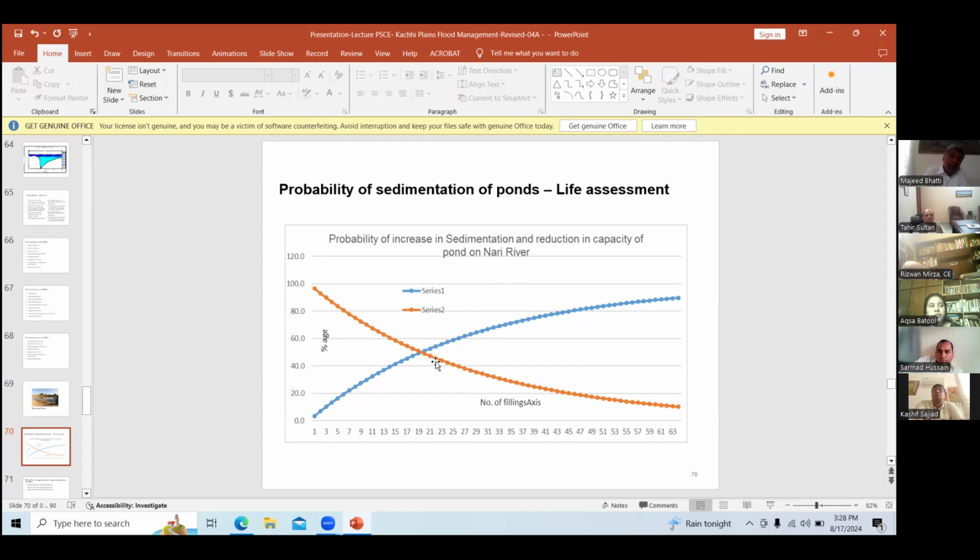The blue one is filling of silt, and the brown one is actually the capacity of the pond. These are the numbers on the x-axis, the number of fillings. Number of fillings means, if you see the history,